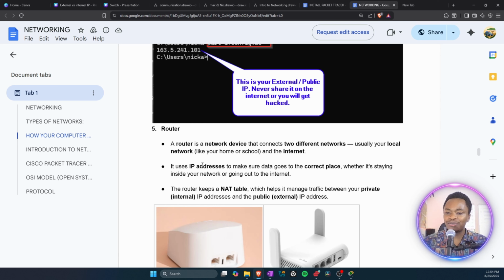Tukishatoka hapo, like kama let's say tunatumia Ethernet, tuna connect a cable to our laptop, na hiyo cable inakuwa connected to a switch, you know. Or kama tunatumia Wi-Fi,